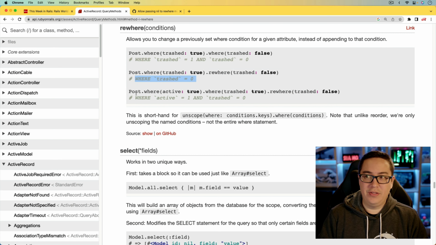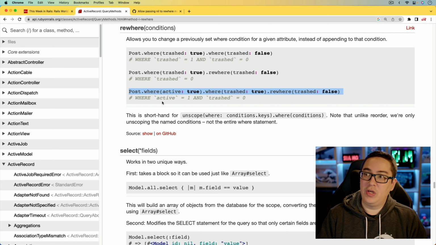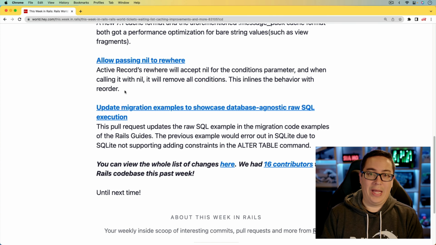And you're able to chain this even further. Post where active is true, you are then finding where trashed is true, and then later you call rewhere trashed is false. It kept that active is true, and now you just have trashed is false. And so this pull request to allow nil in rewhere is actually kind of a big deal